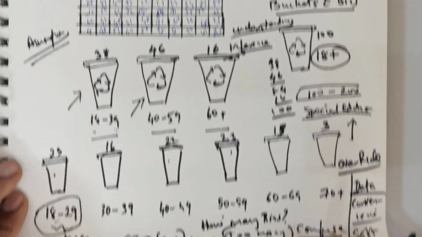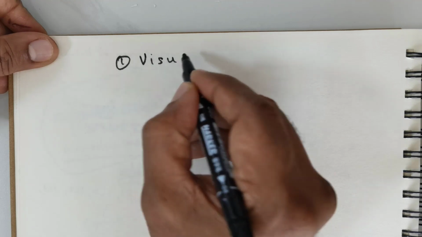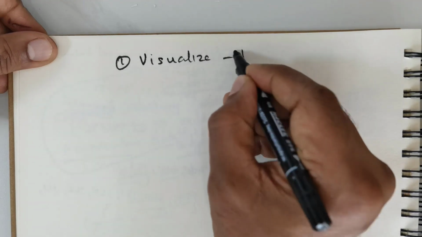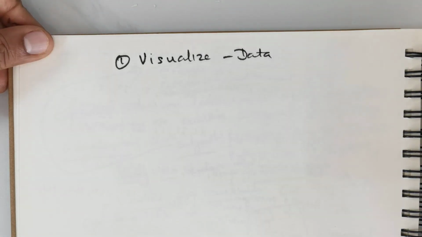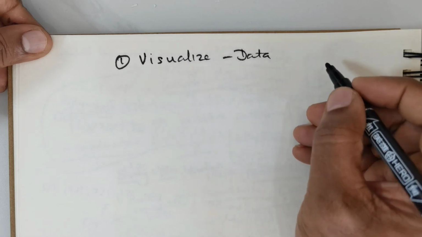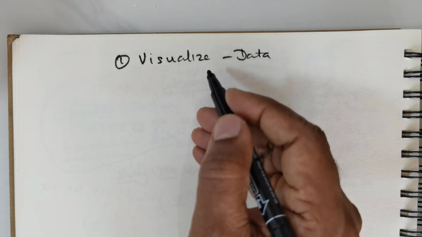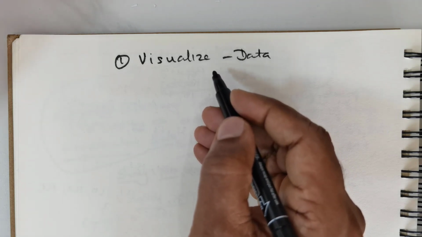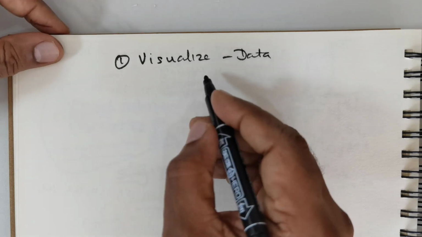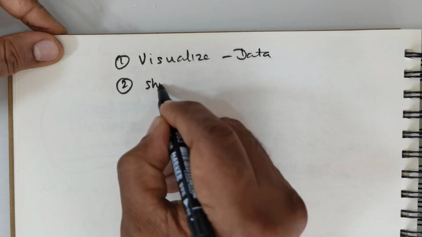Now you might be asking me, why do we need a histogram? The first and foremost thing, it helps us to visualize the data. That is the key thing. I just gave you the bin distribution, how exactly we can divide the data in bins, and that gives a visualization. And visualization is the most important aspect for a creator. You want to create a product, you need to first have a visualization of what the data really needs. That's the first point. So number two is, it shows us the distribution